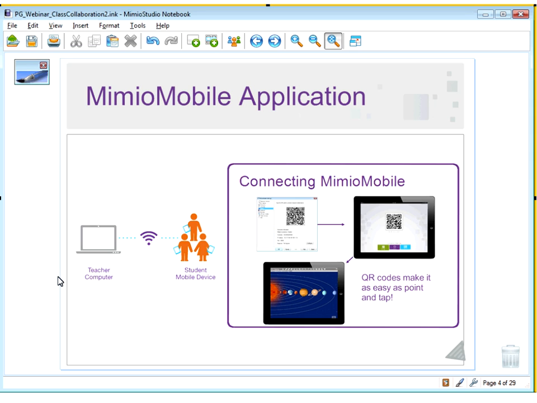Because it's fantastic. You're going to be able to take the lessons inside your Mimio Studio notebook, and you're going to be able to push them out to all the mobile devices in your classroom through the magic of Mimio Mobile. And so a lot of times whenever we do a session or webinar like this, people ask, well, how in the world does it work? So I have a little diagram here on the left-hand side of my screen, and you'll notice that I have